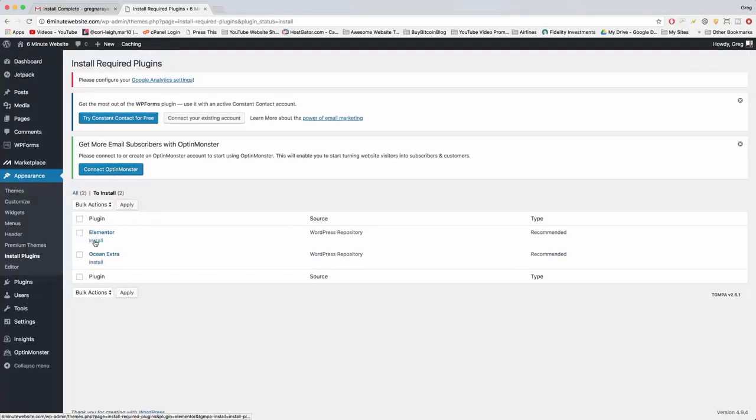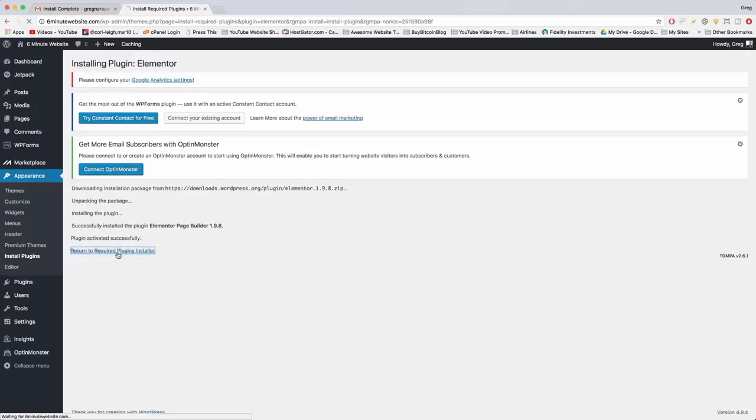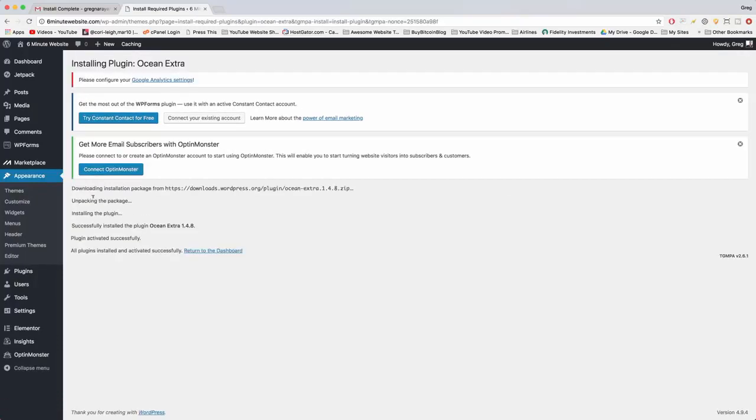Alright, and then we can click install under Elementor. This is free. Alright, return to required plugins installer. And then we can install Ocean Extra as well, just to make our theme a little more powerful. Great job. Now if you click on your plugins tab